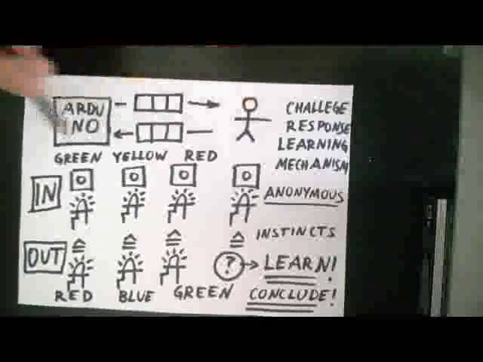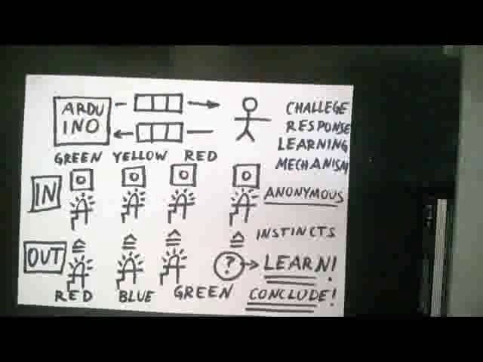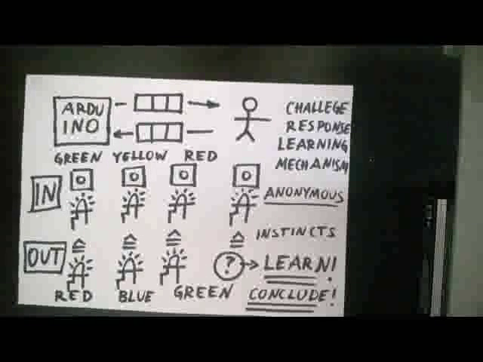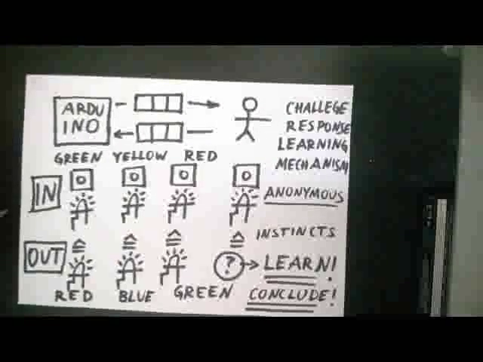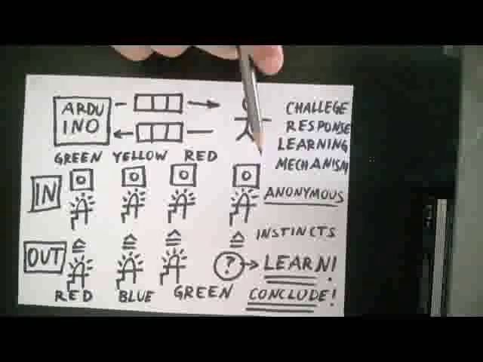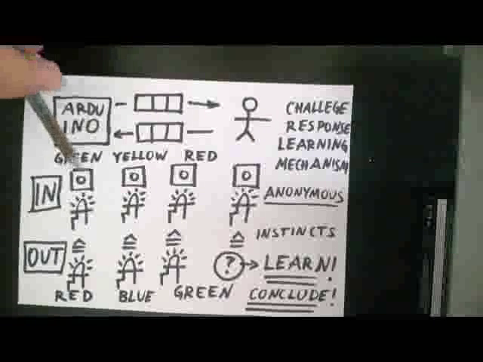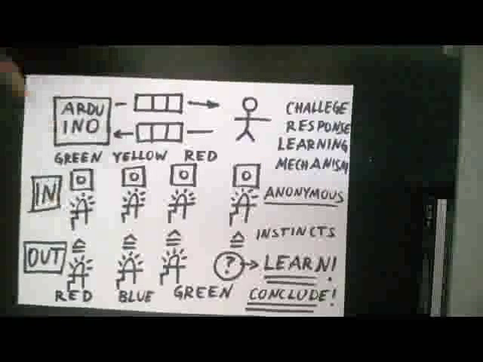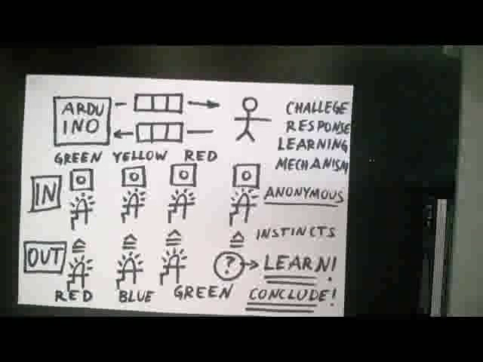And that is again such a challenge response circle where the Arduino must guess its responses, and when the human says something, the Arduino can learn such a response. Input and output I am keeping extremely simple so as to make it easily understandable. The input happens through push buttons, 4 push buttons, where each push button is also connected to an LED. This is just for the sake of clarity, so you see which button has actually been pressed.